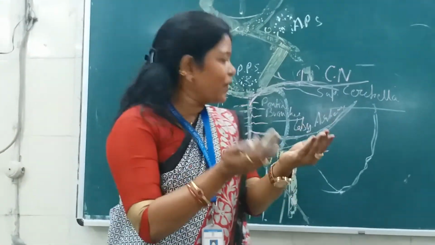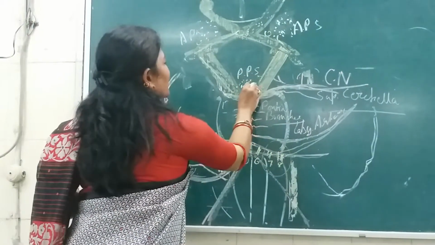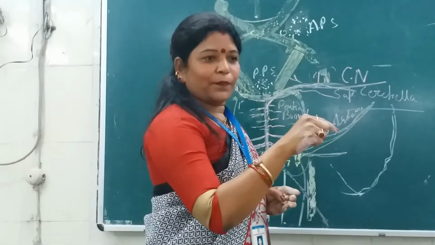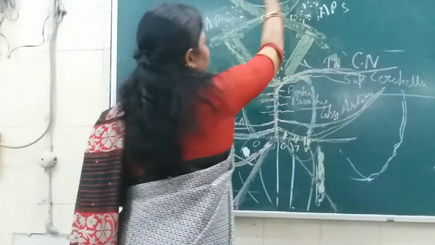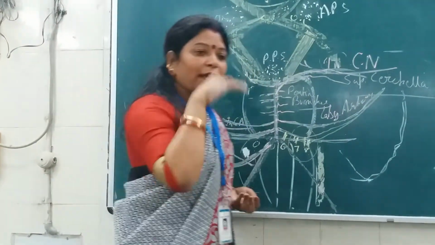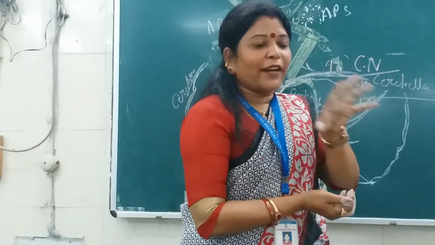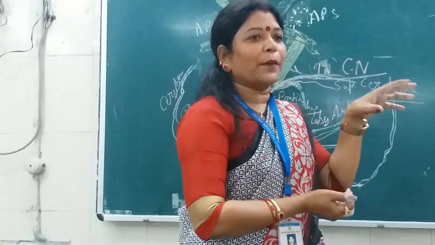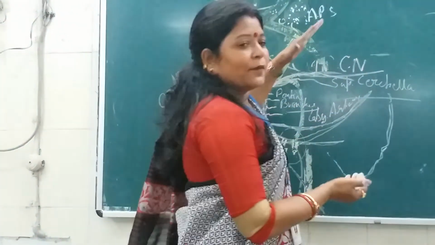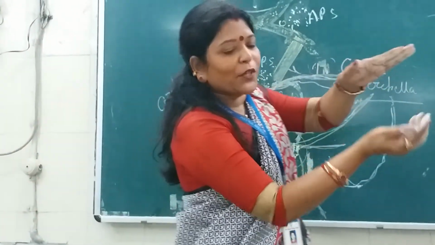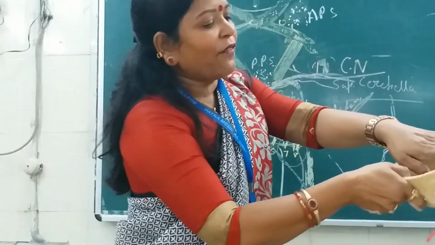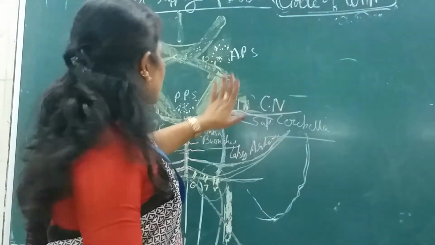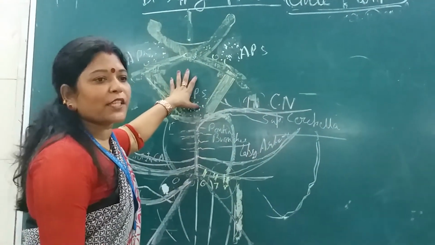These sheets of grey matter are pierced by the central branches of the circle of Willis. Why? Because these central branches are supposed to supply the deeper structures of the brain. The circle of Willis lies between the cranial cavity and the brain itself, so it has to penetrate this substance and then supply the deeper aspect of the brain.